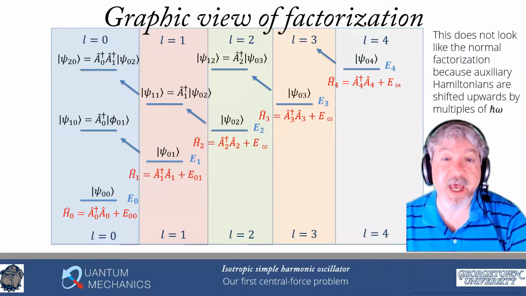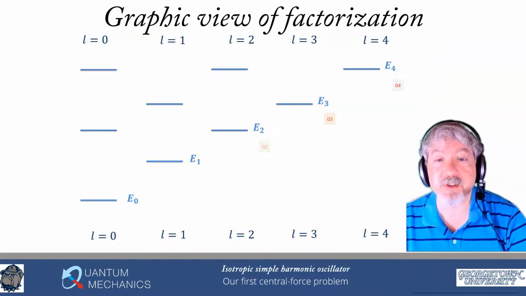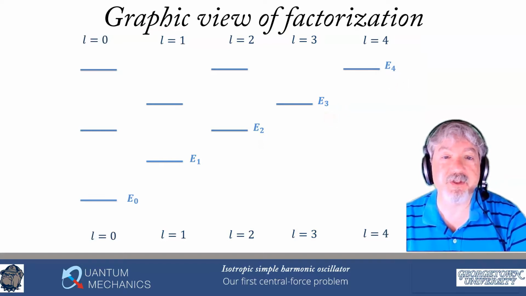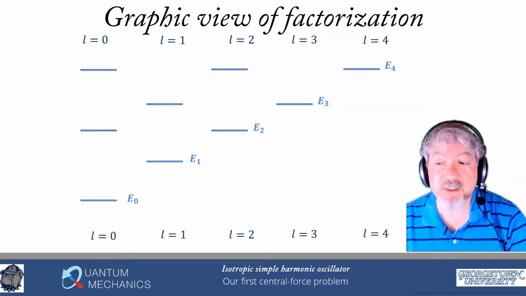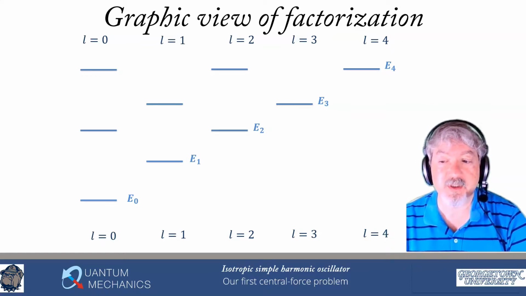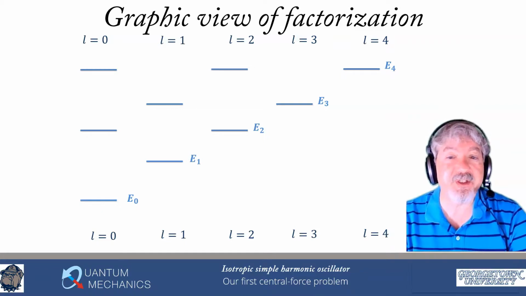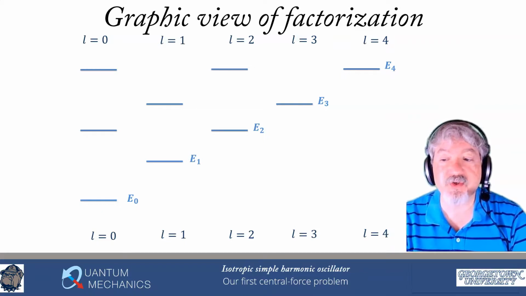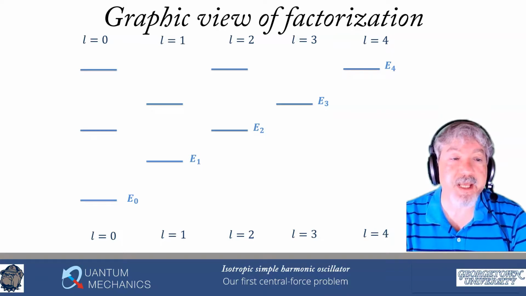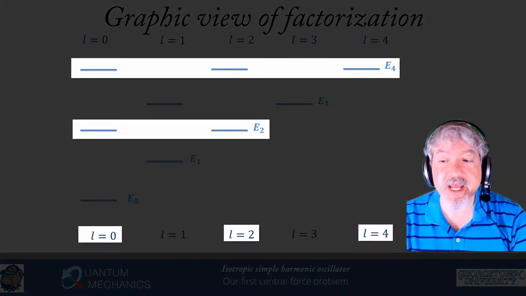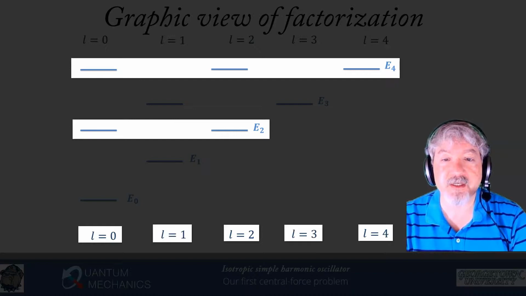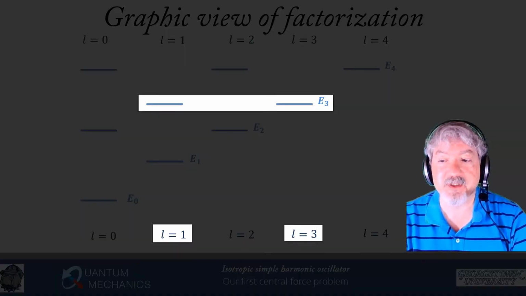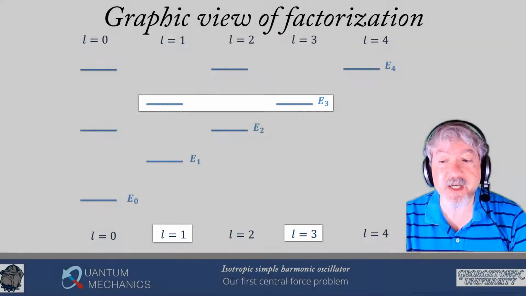Now, this degeneracy pattern, I'm going to unclutter this diagram and show you the degeneracy pattern. This is not what we typically get when we do a factorization method. It is occurring because there is extra symmetry in the problem. Whenever you see degeneracy in energy eigenvalues, that almost certainly means that there is some hidden symmetry in the problem that you haven't seen. So when we look at the different angular momenta, you see even angular momenta have degeneracy across energies, and odd angular momenta have degeneracy across energies, but the even and odds do not.